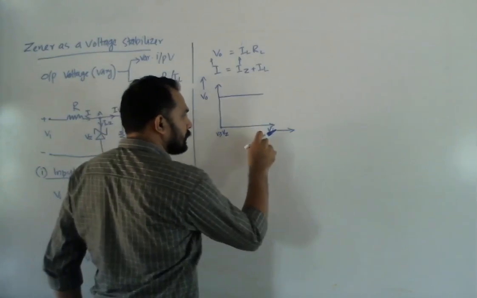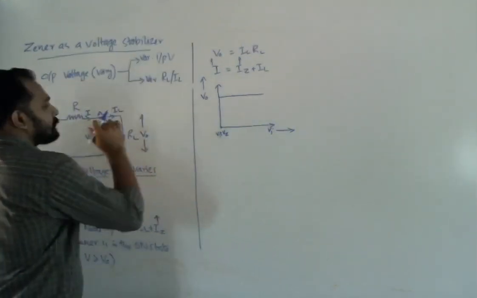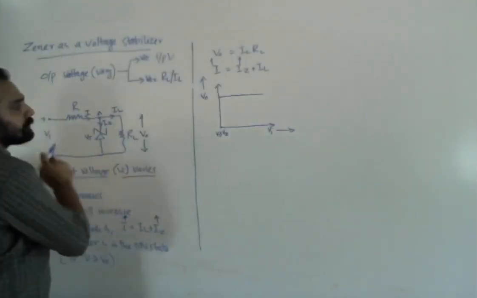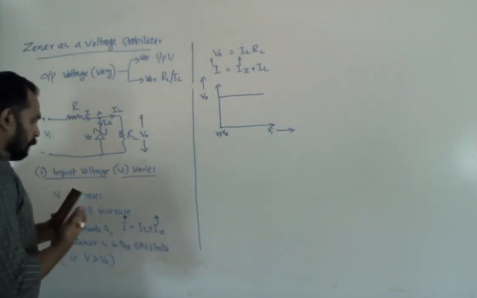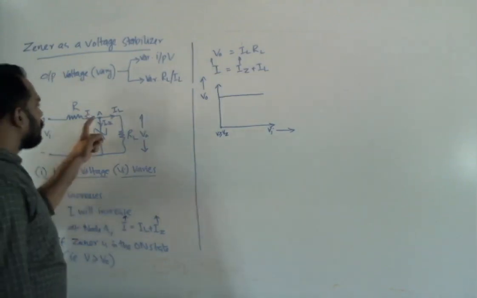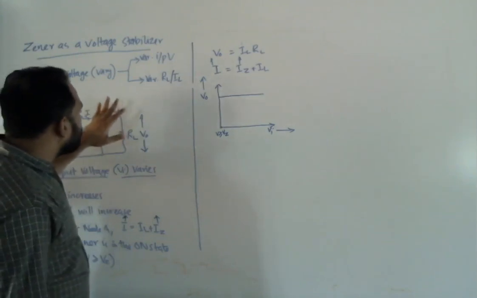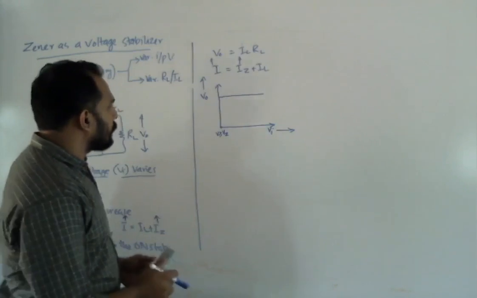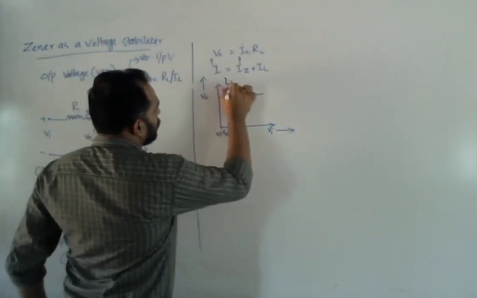That means if you increase the input voltage beyond the value of the Zener voltage, then the output voltage remains the same in this circuit. The reason is that the increase in input voltage will increase the current. That increase in current will flow through the Zener circuit, so it keeps the load current constant, so the output voltage will be a constant, and this is called line regulation.